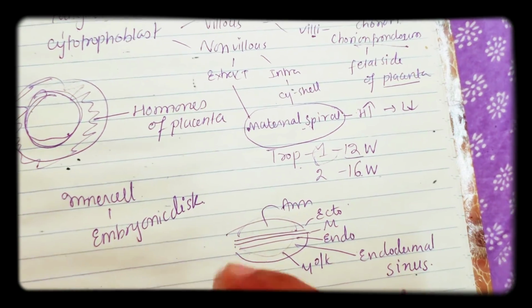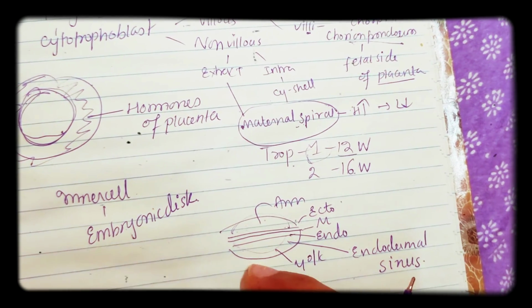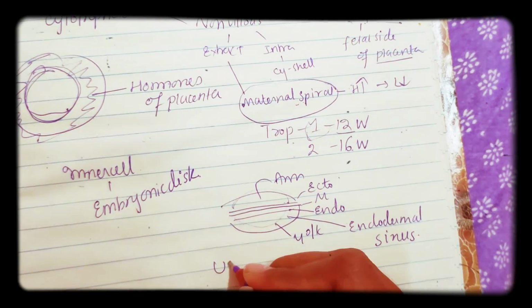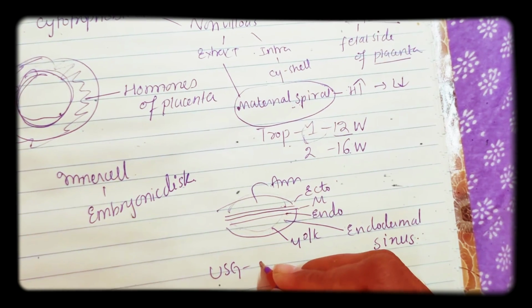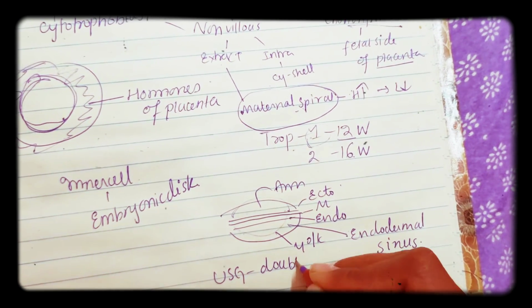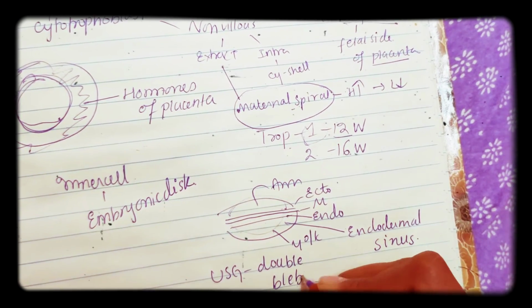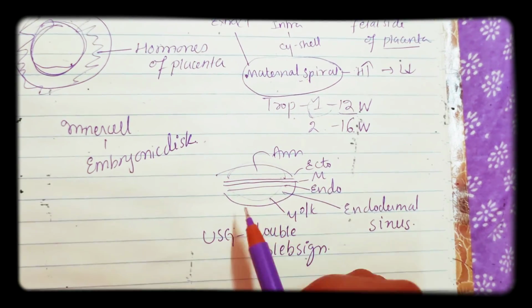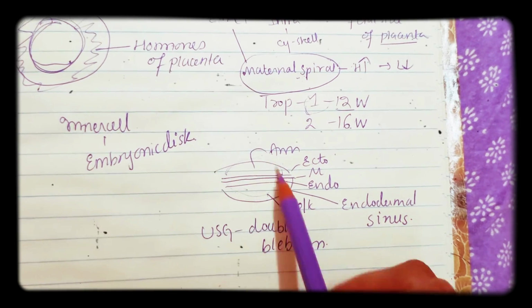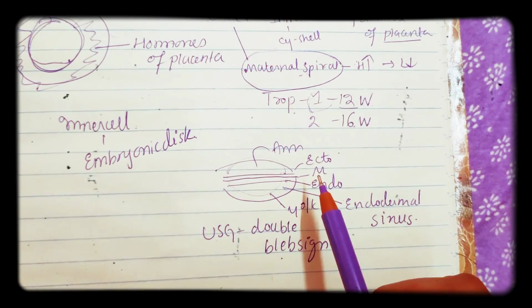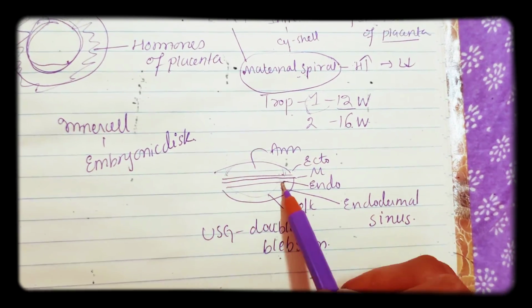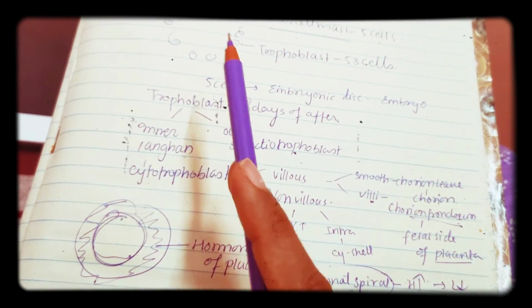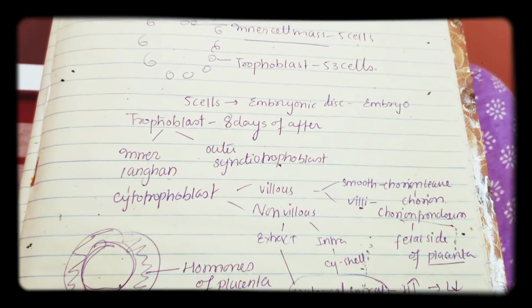Okay. So the amniotic cavity and yolk sac, both these cavities, if you see them on an ultrasound, will look like a double bleb sign. So till now, if you see all the signs, we'll recall them. First listen: amnion, yolk sac, two sacs, so it is forming the double bleb sign; ectoderm, mesoderm, endoderm. So three layers are forming from the inner cell mass. Okay, so we understood about the inner cell mass and also the trophoblast.